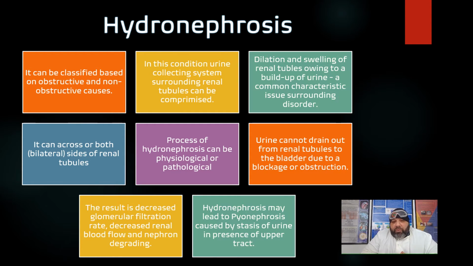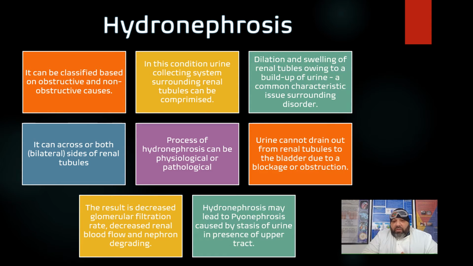The cause and process of hydronephrosis can be physiological, and then where the renal tissues are affected further, it can be pathological as well. Urine generally cannot drain out from the renal tubules owing to a blockage or an obstruction in and around primarily the renal tubules,